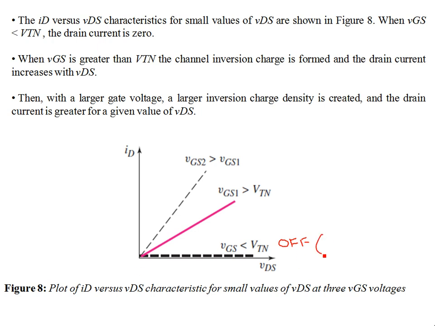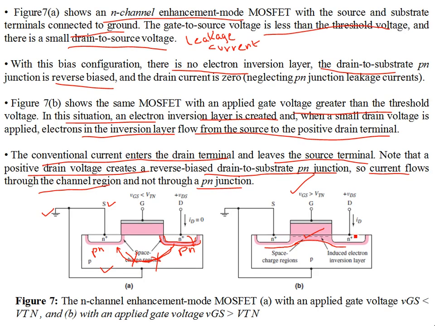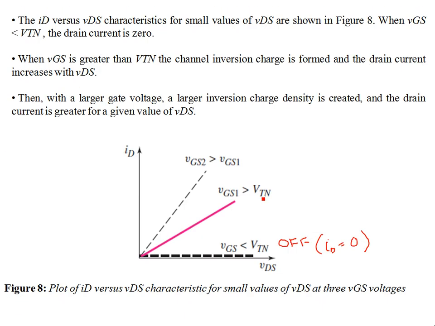It means the drain current, which is flowing from drain to source if you consider the conventional mode of current transfer, is 0. But as you are increasing the gate voltage, you start creating the depletion region like this. Over here, the current starts to flow